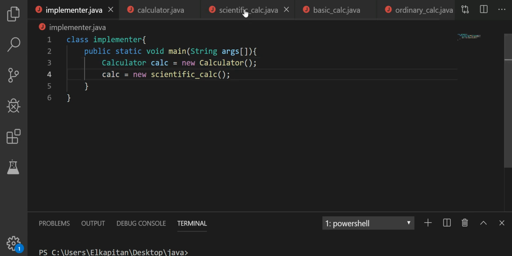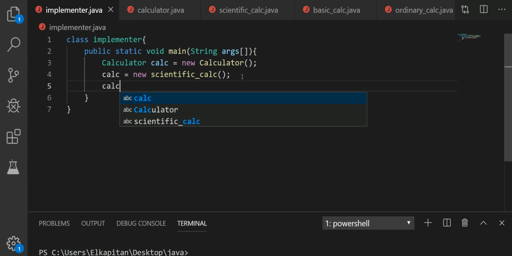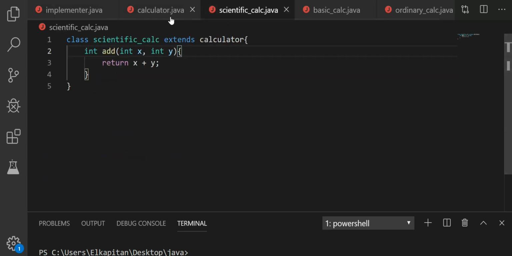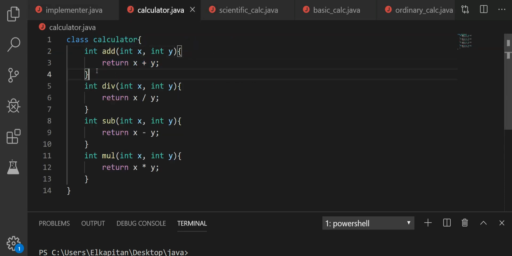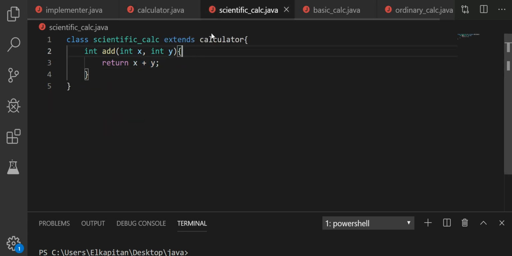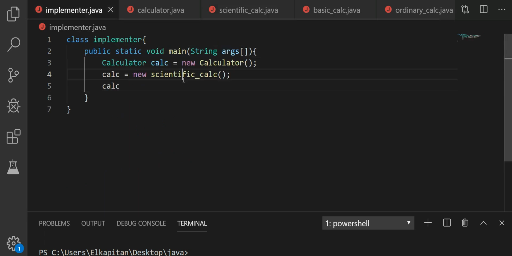Okay, so every time po i-call po natin, let's say mag-print ako dito, nag-return siya ng value, the value coming from an operation addition, and then calc, we will call the add method. Okay, so